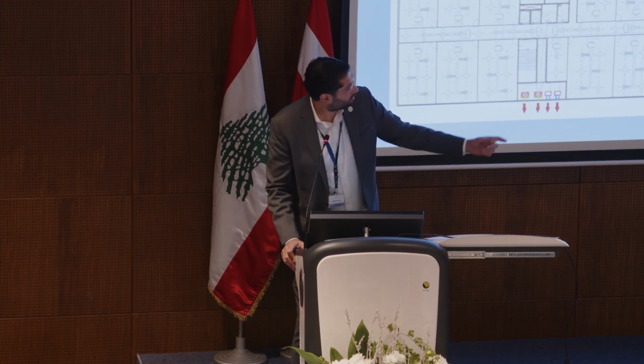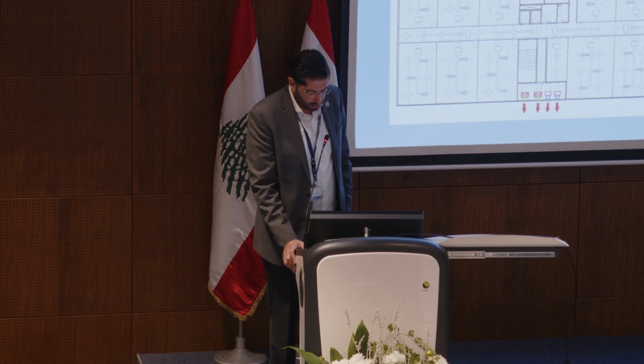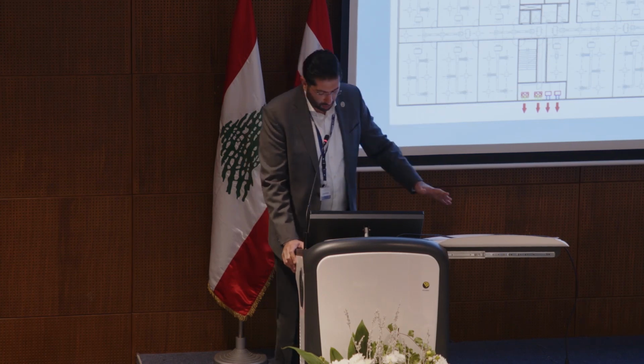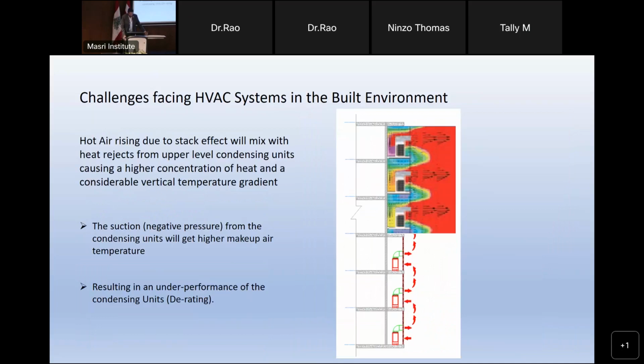And the designers assume this portion of the area is a technical space, and they treat it and mainly forget about it. This portion usually takes 5 to 12% of the building facades, which we are losing from the views. But the main cause of concern is not the facade, it's the stack effect. Hot air rising will mix with heat rejected from upper level condensing units, causing higher concentration of heat and a considerable temperature gradient. As you see in this picture, the condensing units